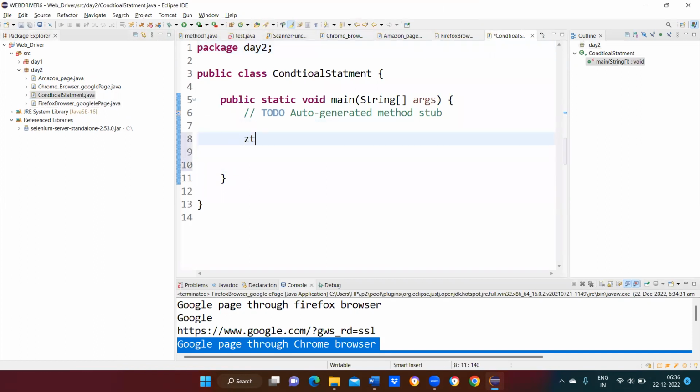What I'm going to do is create a string browser equal to Firefox. If browser equal to Firefox,